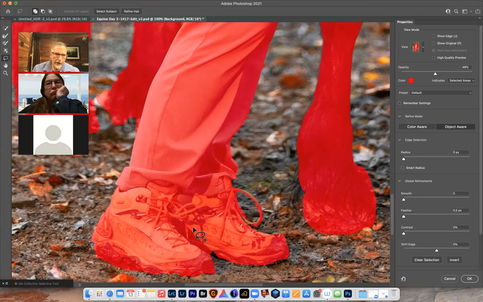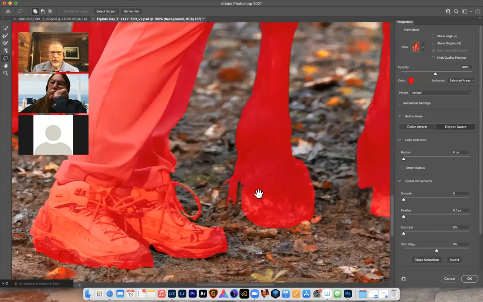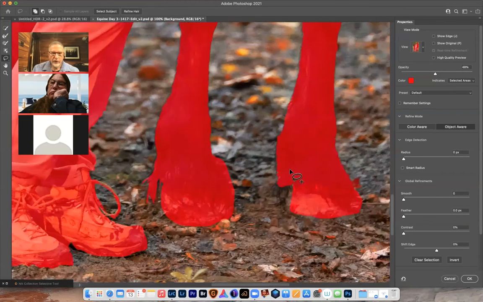I don't want to be cutting straight up and down. So when I cut like that, I don't have all of the abilities that I have if I were to do this horizontally instead of